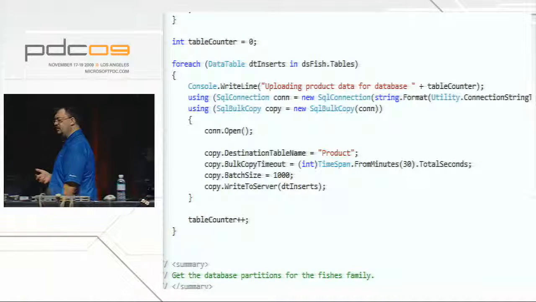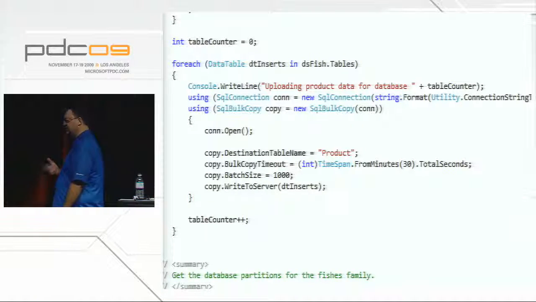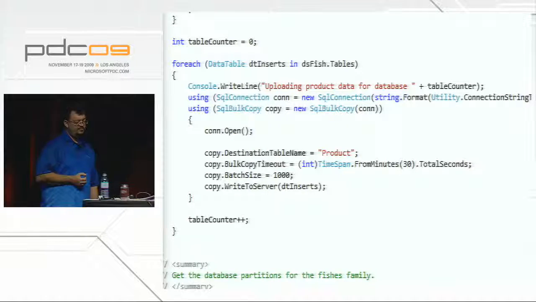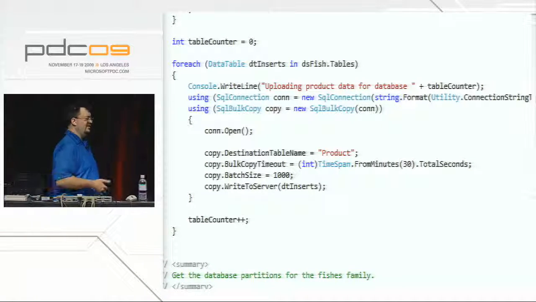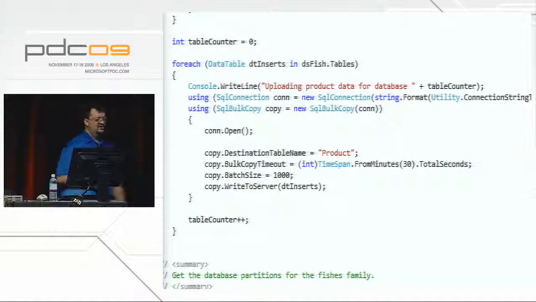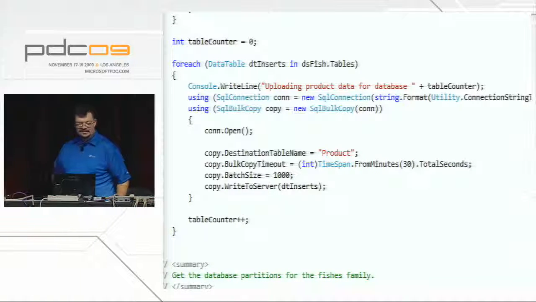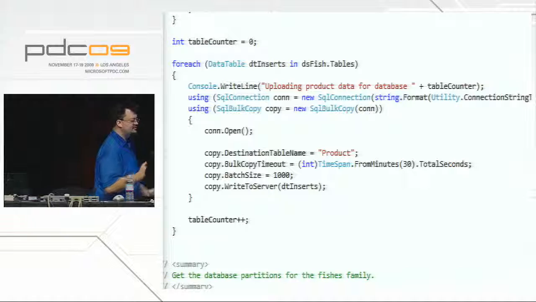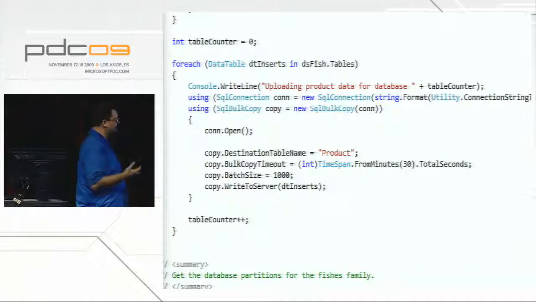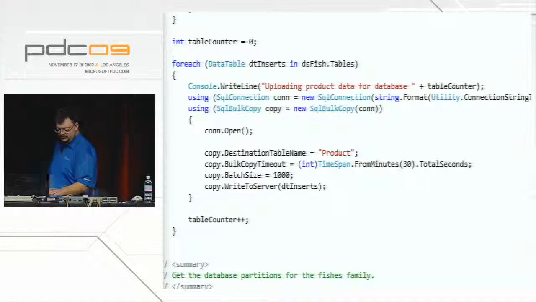When we originally ran this and started working on these patterns a few months ago, before we had SQL bulk copy support, these things were taking 20 minutes, a half hour, an hour to run. It was taking so long. With the bulk copy API, it now takes 30 seconds, 45 seconds, because it just opens up the database and crams it right in. So for anybody out there doing any sort of data load, use the bulk copy API. I can't stress that enough.